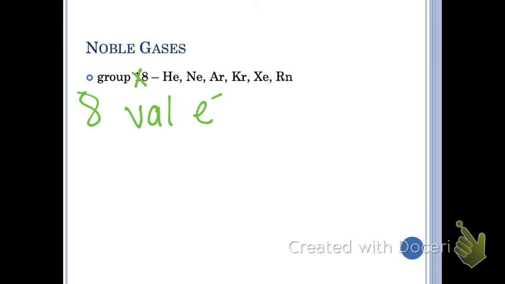Okay? So how do we feel about our introduction to the periodic table? Do we see some patterns, some things we're picking up? Yeah. Okay, so I want you to look at your periodic table, and I want to answer a couple questions here. If I asked you, how many valence electrons does silicon have? Raise your hand if you think you know. Wait, which one's silicon? Silicon is Si. It's number 14. How many valence electrons do you think it has?